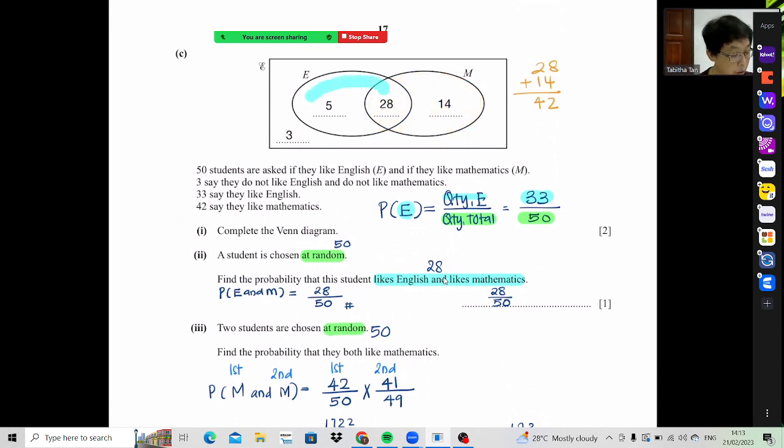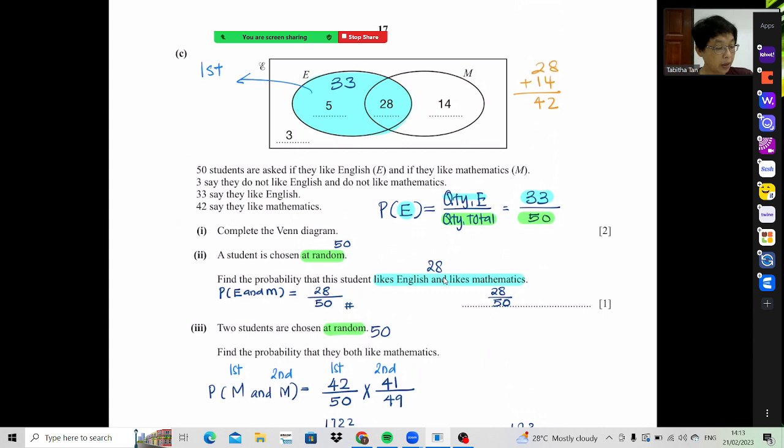So let's go back up and find out the students who like English. The students who like English will be here, and it is going to be from this pool of students. It's not from the 50 anymore, but it's from that. So let's find that out. Yep, so the total here will be 5 plus 28 to get 33. So the total pool will be 33, and out of this you're going to take one student the first time,